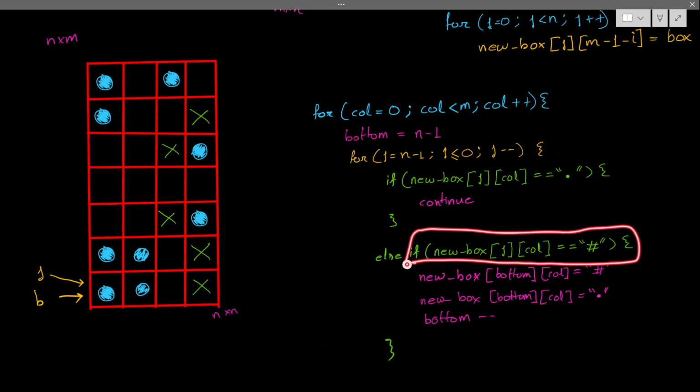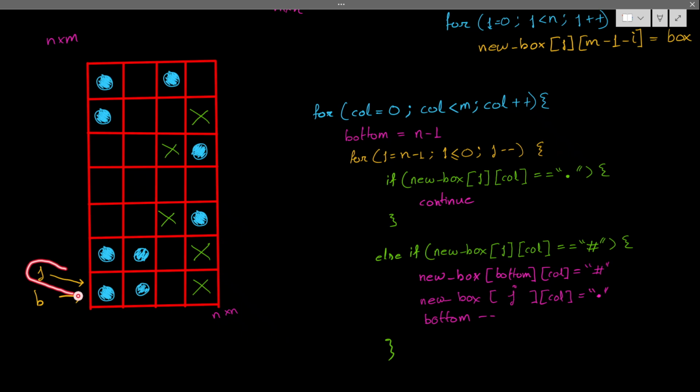J and column, I'm marking this thing as an empty cell, right? J and column, I'm marking this as an empty cell. See, now there is a problem. J and this ball are actually in the same position already. So if I do this thing, then what will happen? It will simply remove this ball. That time it will be a problem. I can't remove this ball. So